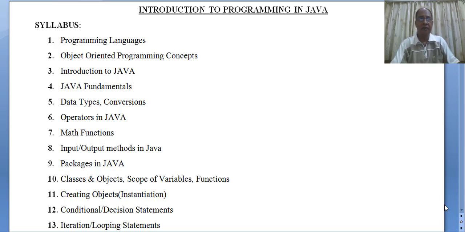Today we will start with the introduction to programming in Java. First of all, we will discuss the syllabus. We have 16 modules. First is programming languages, then second is object-oriented programming concepts, introduction to Java, Java fundamentals, data types conversions,